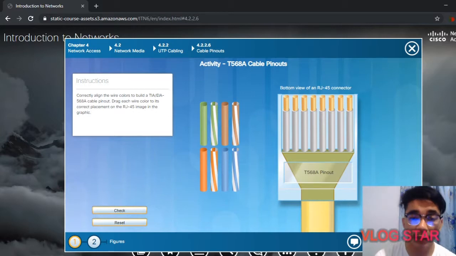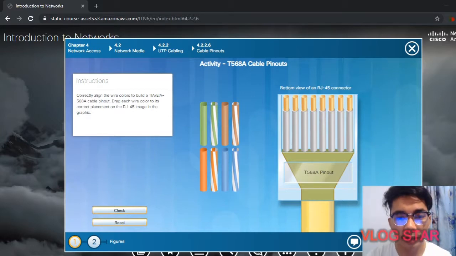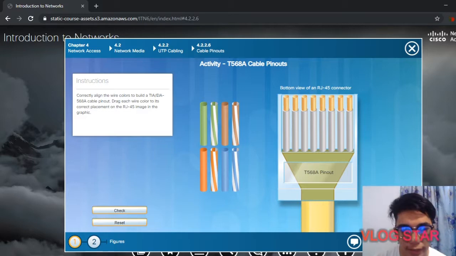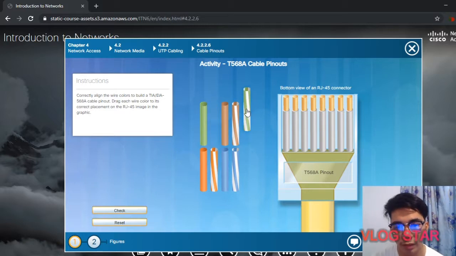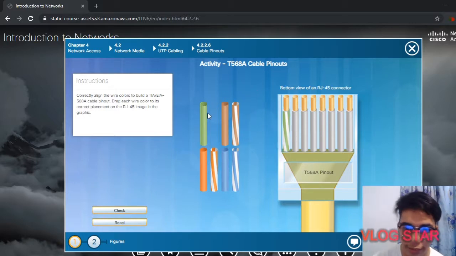And this is the third activity, the T568A cable pin out. It is somewhat the RJ45, the color. We should align the colors or the wire colors to build the TIA and TIA. Then let's proceed. And first, we all know that white and mixed colors are always first, then green,